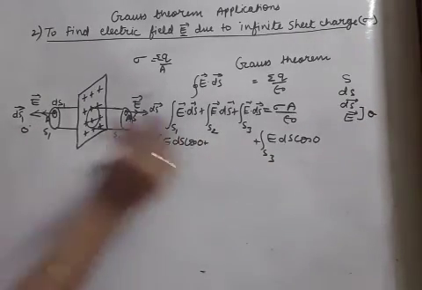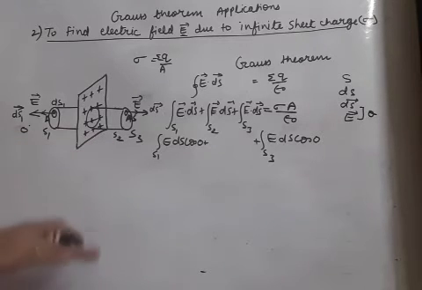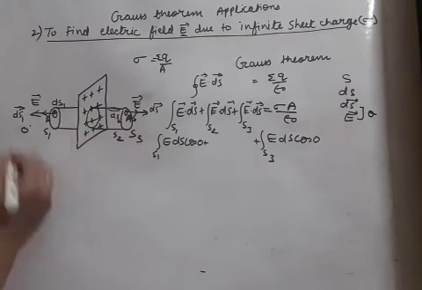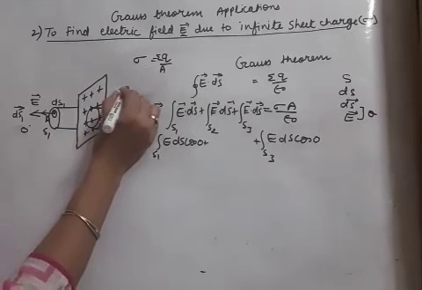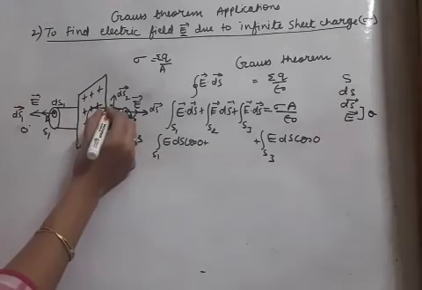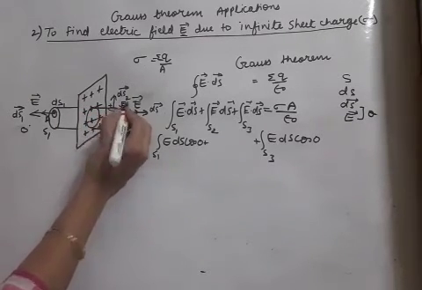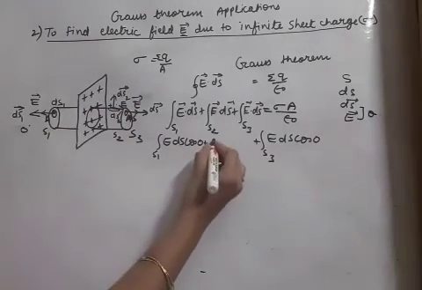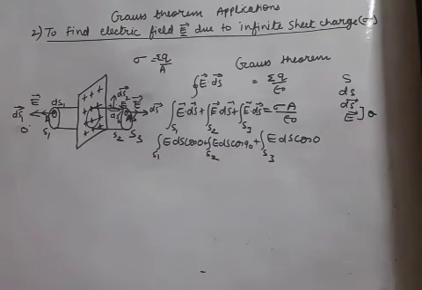Now remaining is S2. For S2, now you see the cylinder is turning like this. So S2 is now horizontal. If ds2 is horizontal, ds2 vector will be vertical outward from the cylinder. Then E direction, keep a plus. This plus will go away. So here the angle theta is 90 degree. So E ds cos 90.